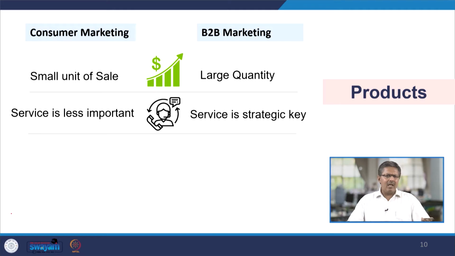Service is a very less important component in the B2C market, but here it becomes a strategic key. That means it is an important differentiator, right? It means you can possibly create a brand of yourself by using service as the differentiator. For example, when we talk about companies like Siemens, Havells, it is not about only the product, because the product might be the same. You can't make much of a difference in the product,